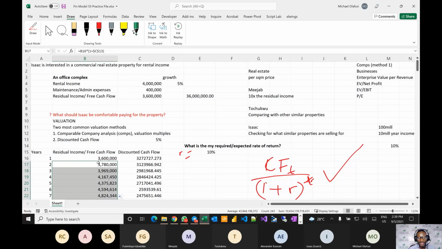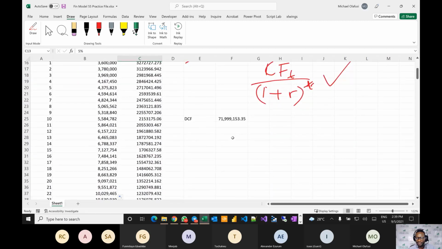Now, this is what allows us to capture what we call the terminal value. If you have done a model and you've estimated what you make in year 1, estimated what you make in year 2, using all the revenue and expense and all of that up to year 5, and then you now say, okay, from year 6 going forward, everything should just be growing at 5%. So how can you value something that is growing at that rate? That brings us to, how do you value?